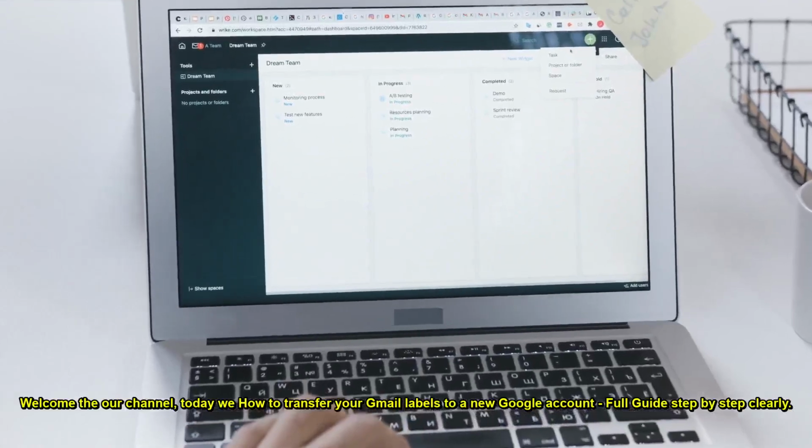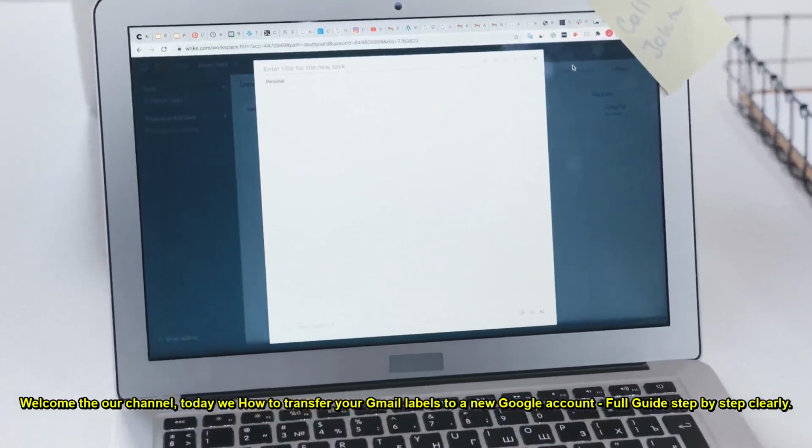Welcome to our channel. Today we'll show how to transfer your Gmail labels to a new Google account, full guide step